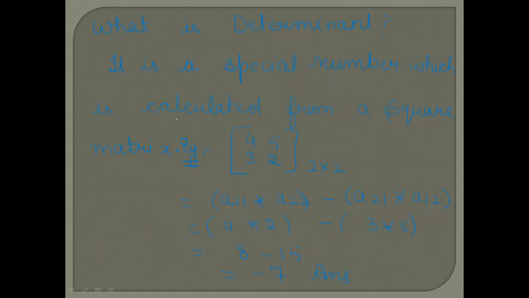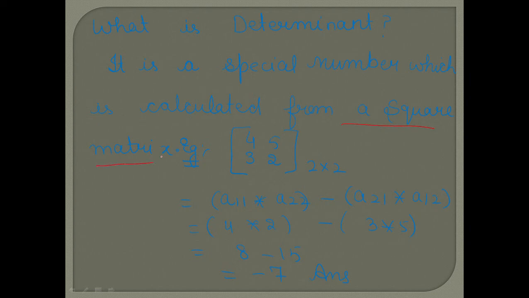Now I am going to discuss what a determinant is. In a previous lesson, we already gave you examples of determinants and how to calculate them. In this chapter, we discuss the definition and the meaning of a determinant. It's a special type of number which is calculated from a square matrix,